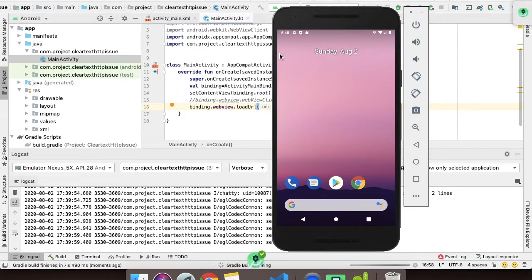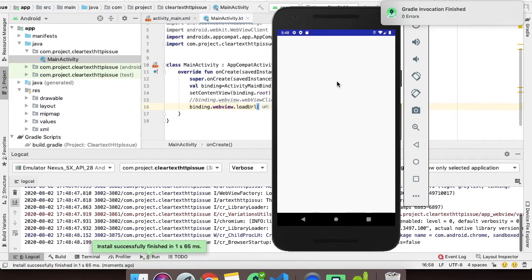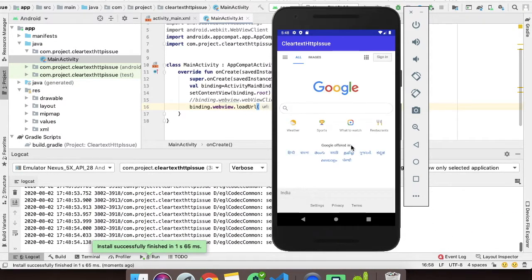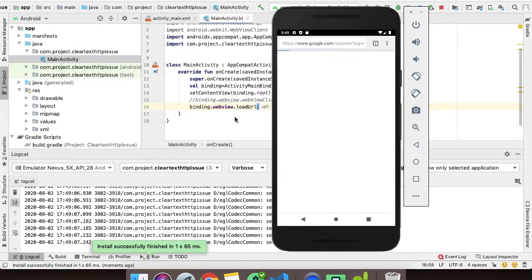So this is installing the application into our Android API 28 emulator, and yeah, the URL has been loaded perfectly and no issue has occurred in the entire process. So this is the first way to do it.